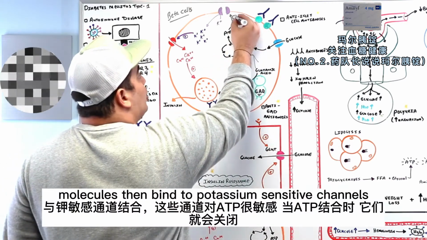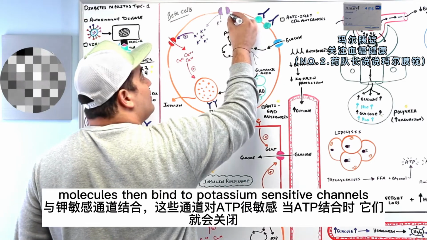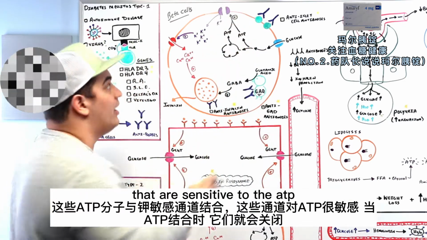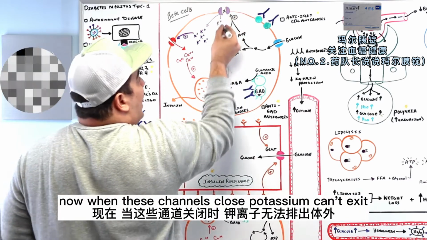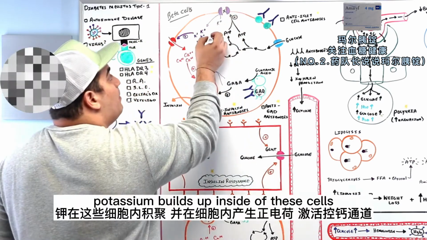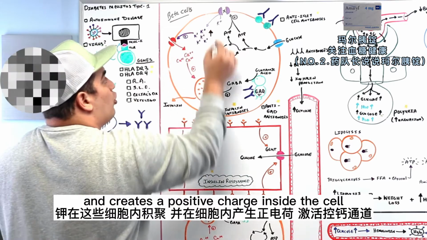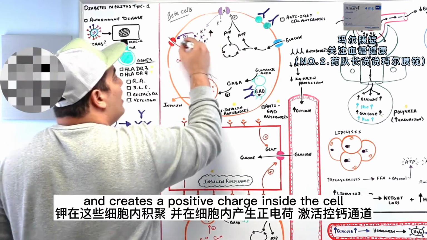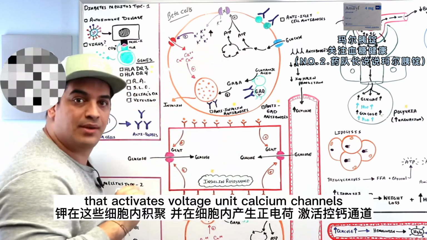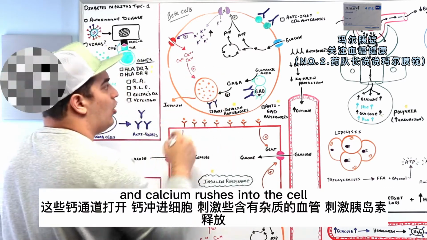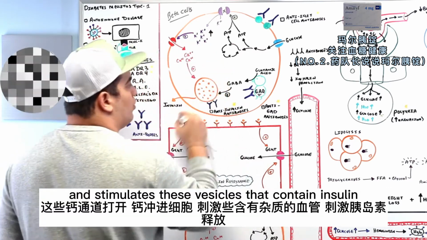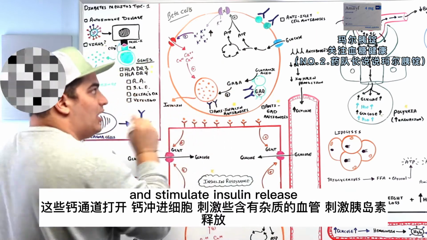These ATP molecules then bind to potassium channels that are sensitive to ATP. And when ATP binds, they close. Now, when these channels close, potassium can't exit. Potassium builds up inside these cells and creates a positive charge inside the cell that activates voltage-gated calcium channels. These calcium channels open and calcium rushes into the cell and stimulates these vesicles that contain insulin and stimulate insulin